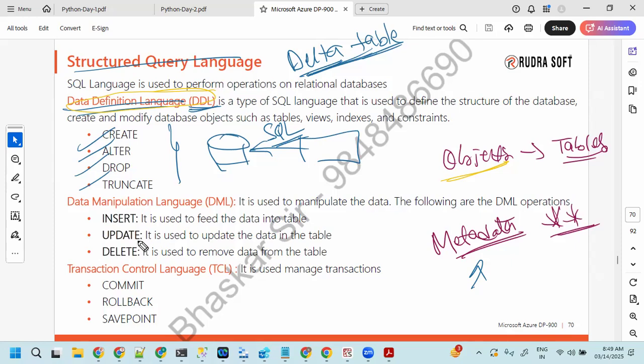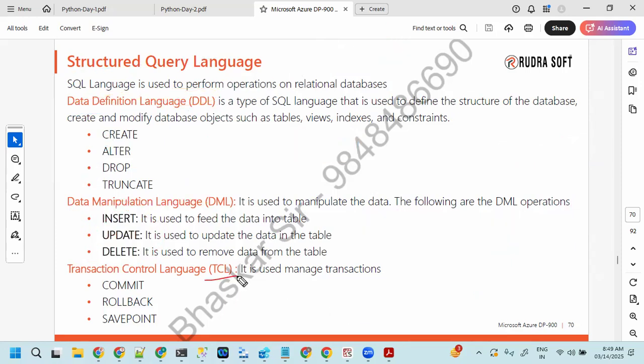If you want to feed data into the objects, or into the tables, because we are going to create tables here in SQL, then we are going to use insert, update, and delete statements to manipulate the data. These three are DML statements. And for TCL, for transaction control, we are going to use commit, rollback, and savepoint. Again, we are not database developers or SQL developers, so we can ignore it. But if you want to control it, we can use the commit and rollback transactions. These two I'm going to take you through as part of our SQL sessions.